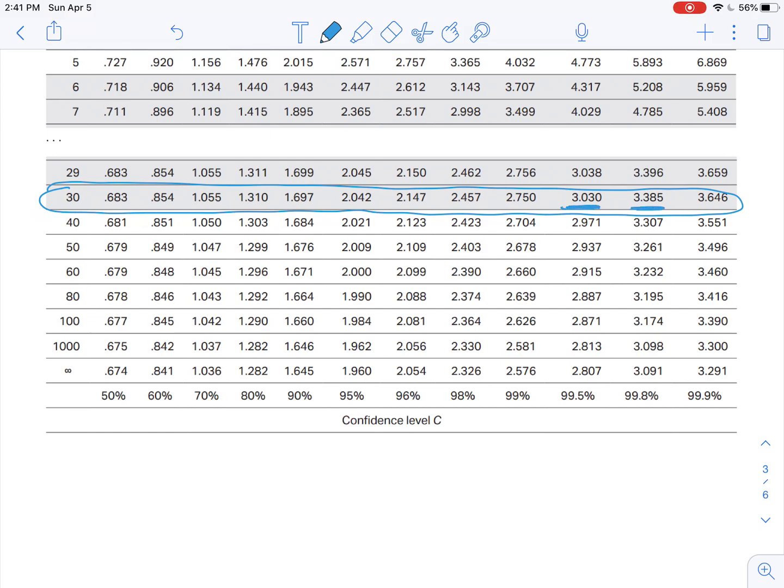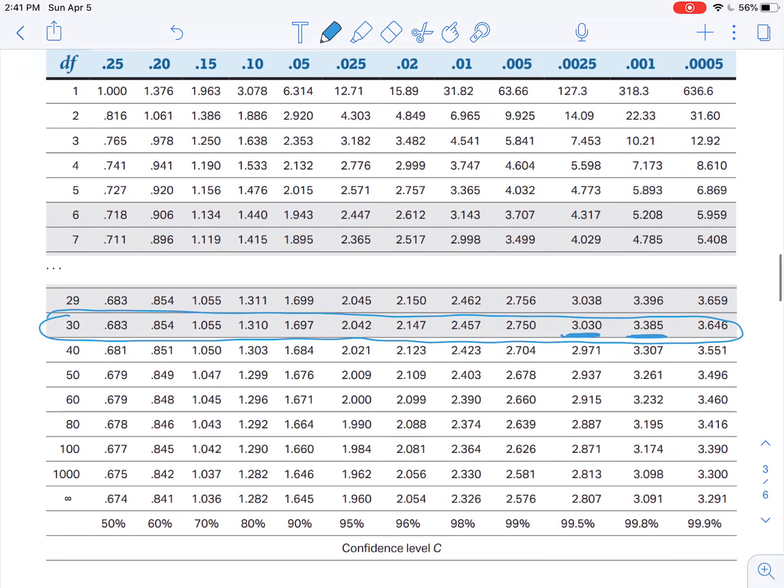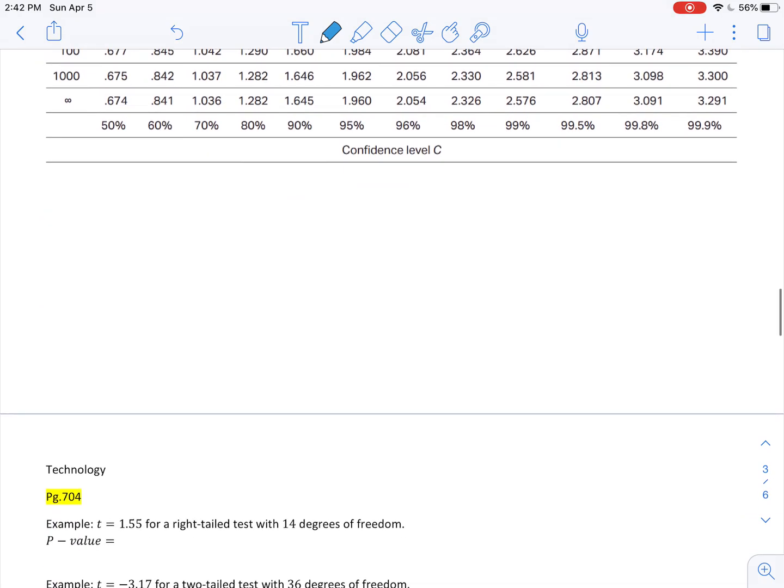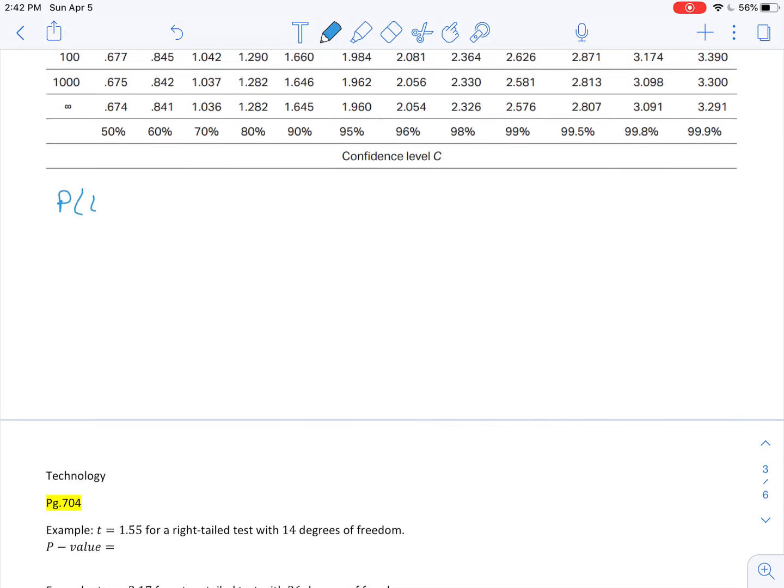So I'm stuck in this row. And again, I'm looking for a test statistic. Now I'm looking for 3.17. I don't see it, but I do see 3.03 and 3.385. If I look at the areas that those correspond with, that means the area in that one tail is between these two numbers. So let me write out what I'm trying to say here. So the probability of getting a t-value that is greater than or equal to the positive test statistic is something between, we just saw, 0.001 and